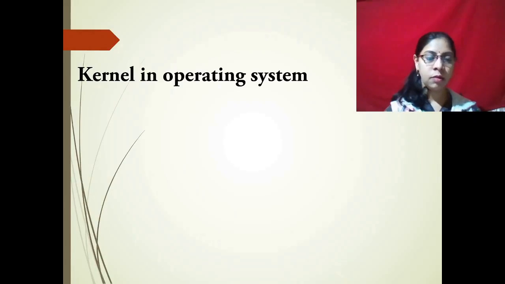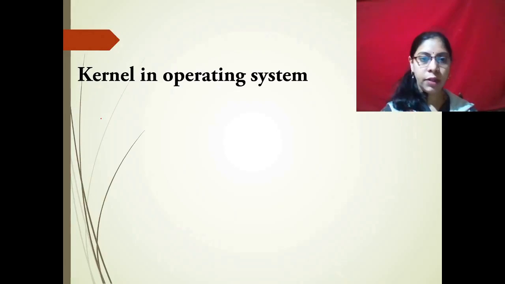In various systems or devices we find various hardware and software. Hardware we can see and touch, but software we cannot touch. So there must be something which connects the hardware with the software, and the software with the hardware, and that is done by the kernel. The kernel is found inside the operating system, and it is the main part of the operating system. The kernel also uses the CPU for processing and calculations or any other work.